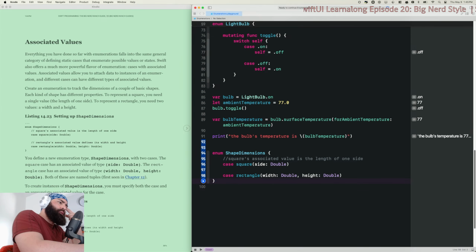The square has an associated value of type side double. The rectangle case has an associated value of type width double, height double. Both of these are named tuples first seen in chapter 12.